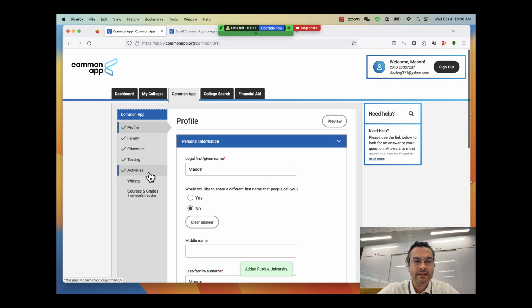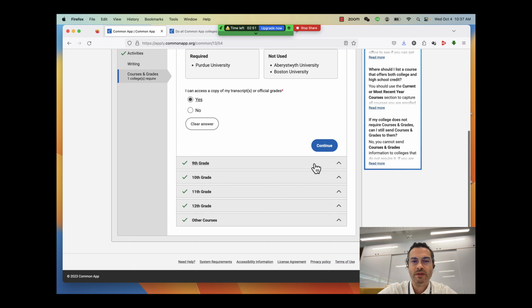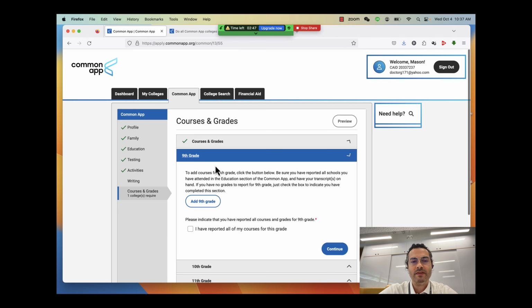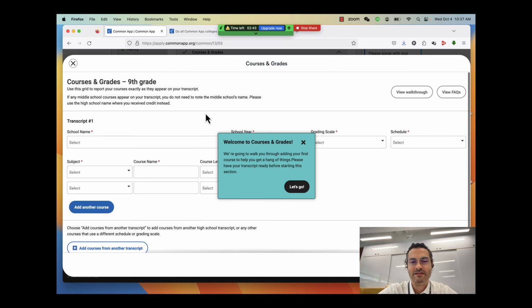And I click add. And then I go back to my list, and now it says it's required at Purdue. Can I access a copy of my transcript? Yes. So I can go to the college counselor and ask, I need my list of courses so that I can do a self-report here in the Common App. And then it opens up the grades, and then you would put in, I've already done this from a previous class, add a 9th grade,